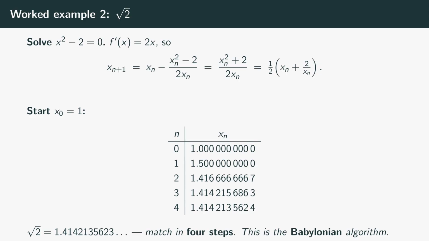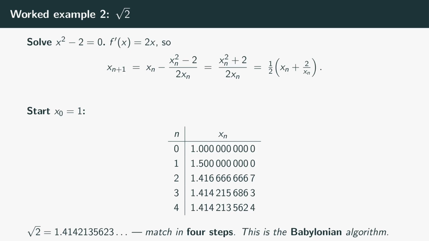Second worked example. Compute the square root of 2. We treat this as a root finding problem. Solve x squared minus 2 equals 0. So f of x equals x squared minus 2 and f prime is 2x. Apply Newton. X sub n plus 1 equals x sub n minus the quantity x sub n squared minus 2